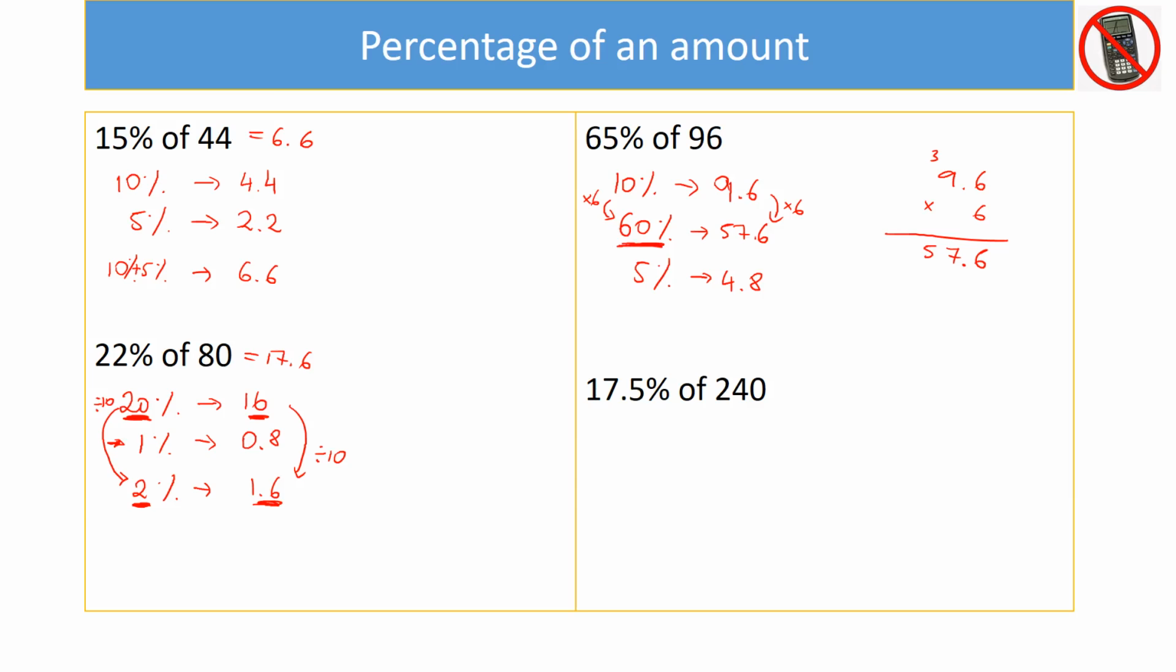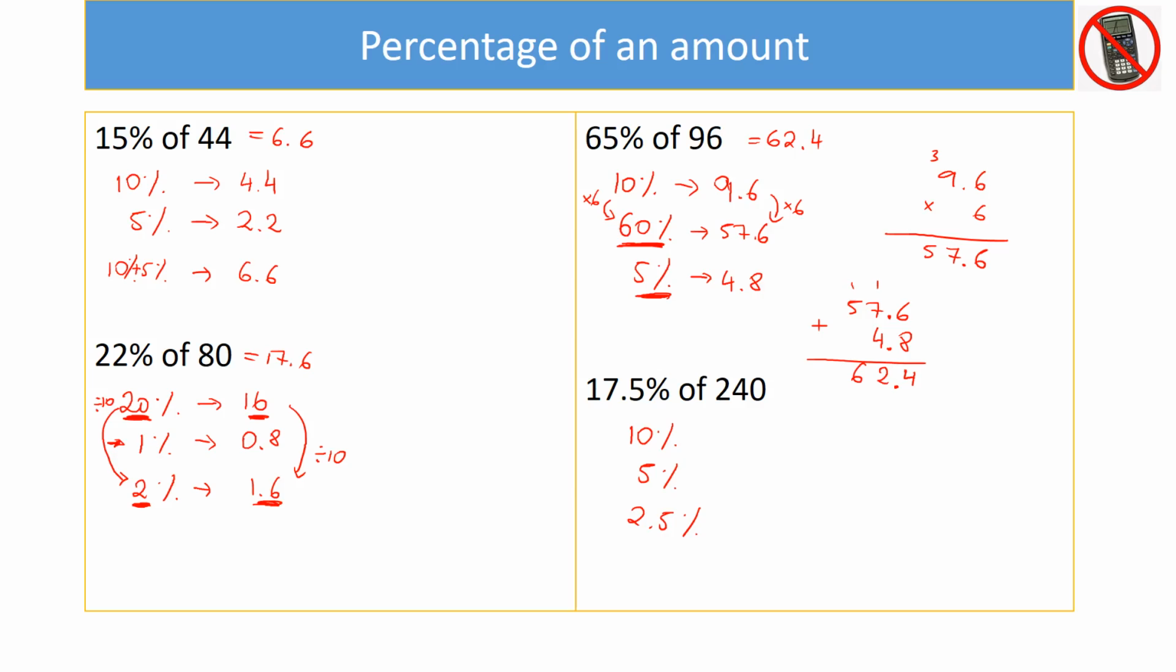Now to work out 65%, I need to add 60% and 5%. So I want to add 57.6 and 4.8. Remember to line up the numbers so that the points are lined up. 6 plus 8 is 14. We carry the 1. 1 plus 7 is 8. Plus 4 is 12. We carry the 1, and that is 6. That is 62.4. And then for the last example, I can start with 10%, 5%, and 2.5%,